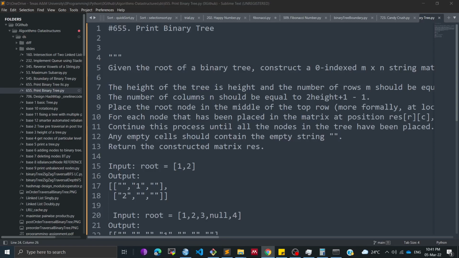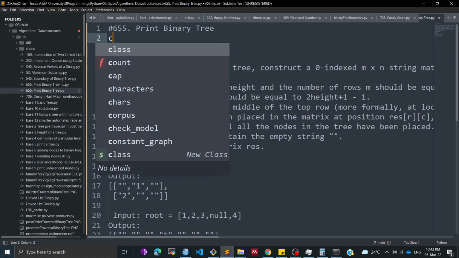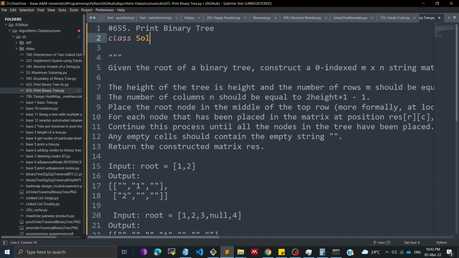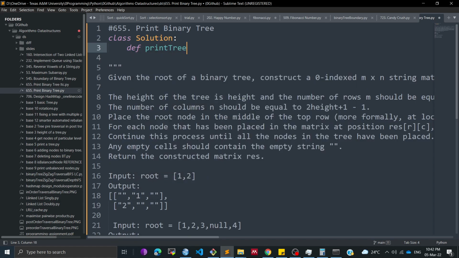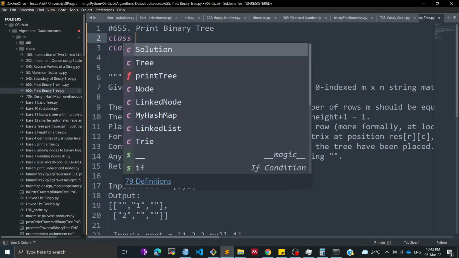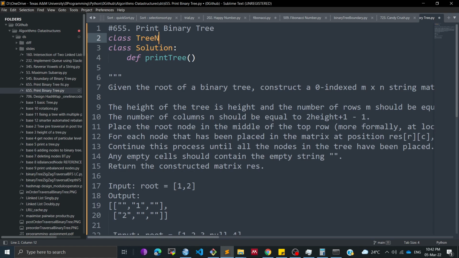Okay, so in this video, we will be tackling how to print a binary tree. For that, let us call a particular class. In this, let us call a print tree as a function. Now, before this, there is a particular tree class, which is a tree node,